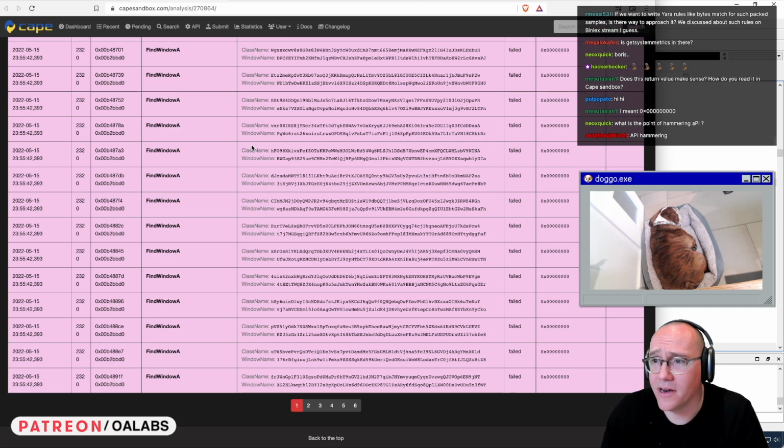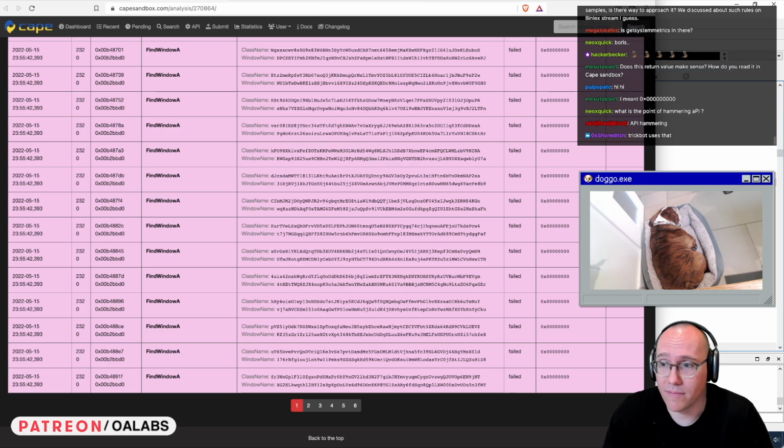What's the point of hammering an API? So it is API hammering? Yeah. What's the point of it? Well, I guess there's two points. One is you're generating a lot of noise, right? So it looks like the binary is doing something. It maybe makes it look a little bit more